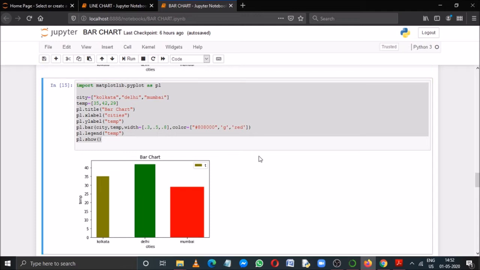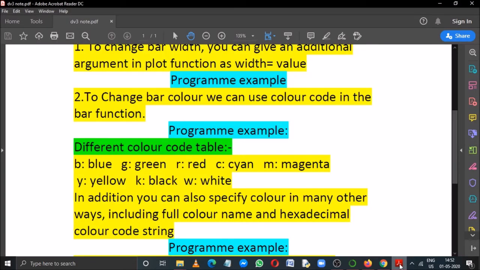And you need to remember one thing, you need to mention the 3 color codes here because there are 3 bars present. That means the total number of colors should match the total number of bars. Otherwise, you will get an error message. So I believe all of you can understand this program. Now I'll come to the next topic.